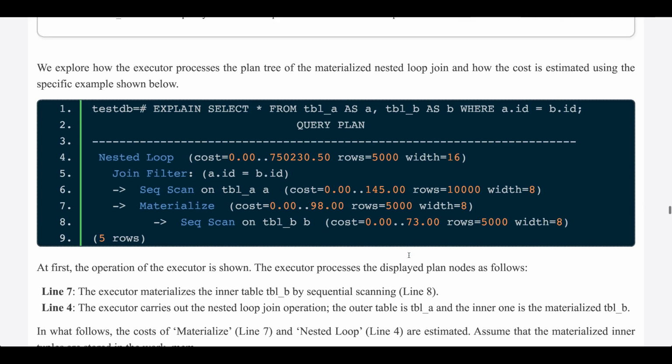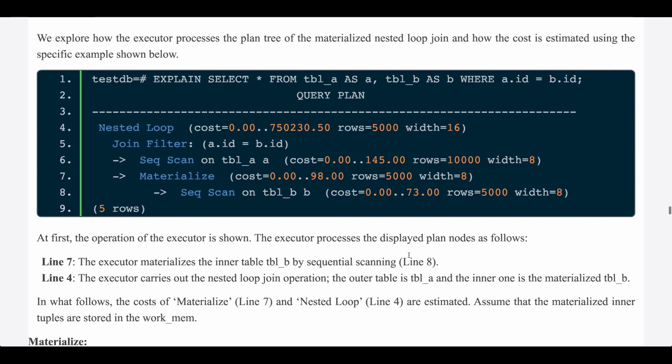We explore how the executor processes the plan tree of the materialized nested loop join and how the cost is estimated using the specific example shown below. EXPLAIN SELECT * FROM tbl_a AS a, tbl_b AS b WHERE a.id = b.id;